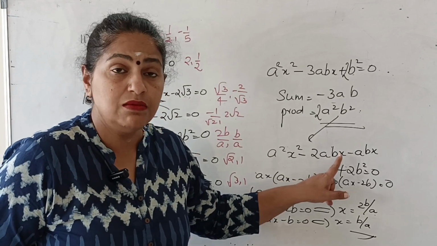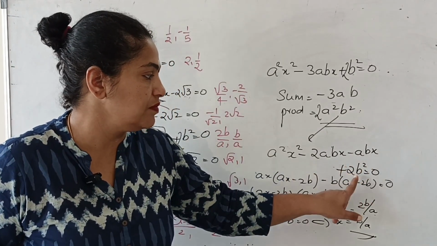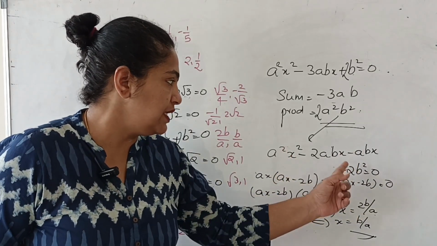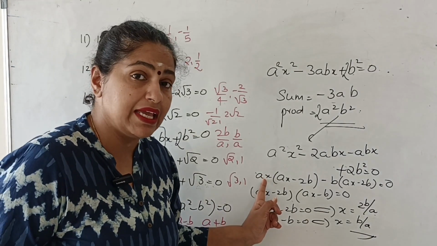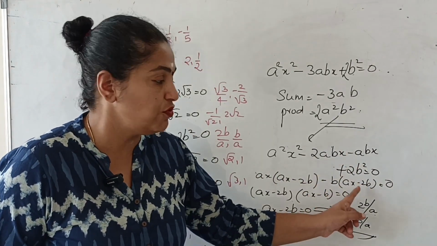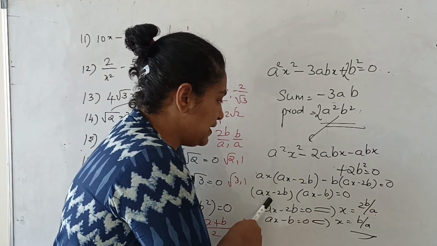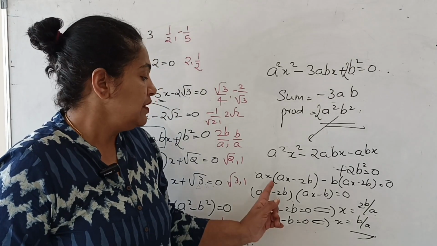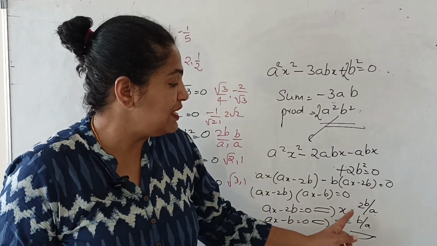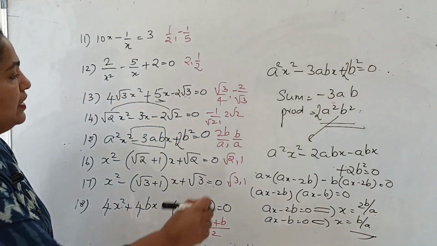After identifying the terms, I am splitting the middle term using minus 2abx and minus abx. I am taking the common factors from the first two and the last two. From the first two, I am taking ax outside. This is the remaining one. From the last two, I am taking a minus b outside. And then I find out that ax minus 2b is common in both. I take it out and I get this. Product of two terms equal to 0. I equate each one of them to 0. I will get x is equal to 2b by a and x is equal to b by a, which is